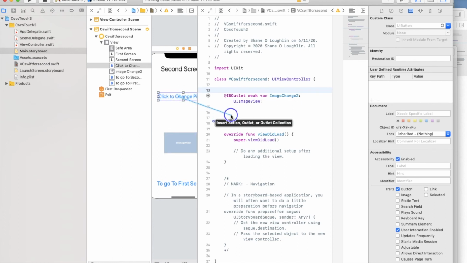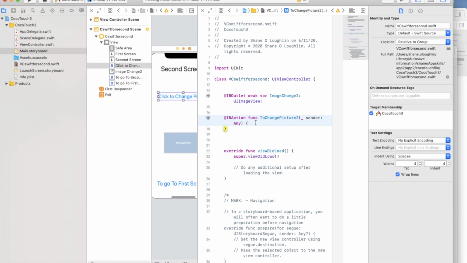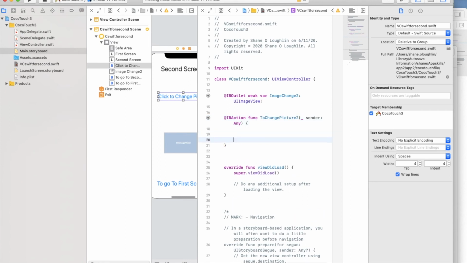Okay, image change 2. And I'm going to go to the button. I drag this out. This is an action to change picture 2. Connect. And once again, we go back inside the button. So last time we used number 1, so I'm going to use number 2